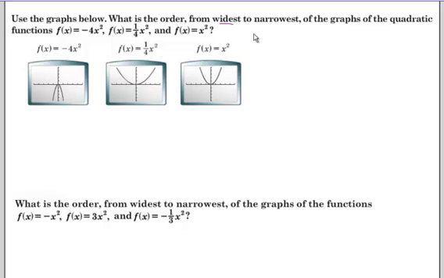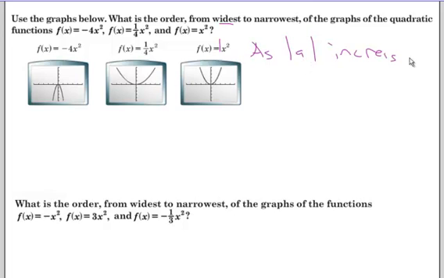Widest to narrowest, so we're looking at that a value. So I have -4, 1/4, and 1. Regardless of being positive or negative, we're going to throw that out. How we throw that out is we talk about the A value as the absolute value of A. So as the absolute value of A